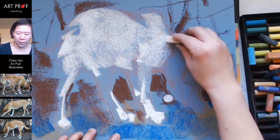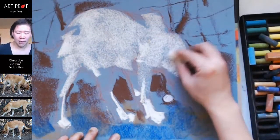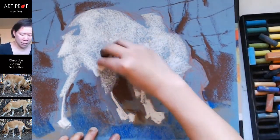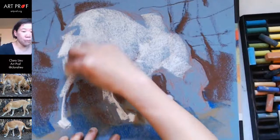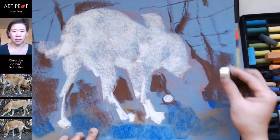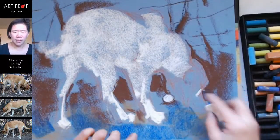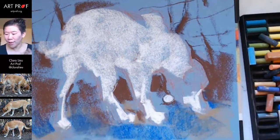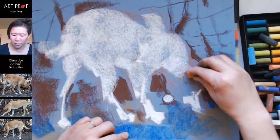Let's use the Terry Ludwig and just give this a base of color. And then I can go in and work it some more. I guess this is all burnt sienna. I'm really trying to loosen up. I'm not loose yet, but